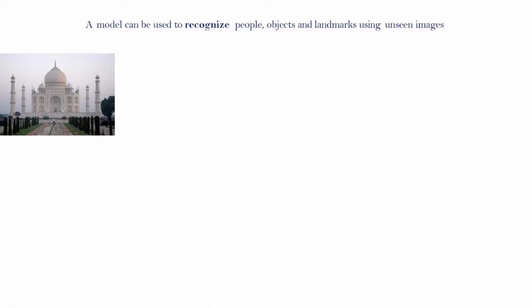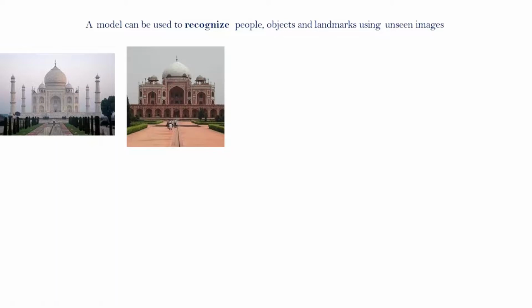So even if it looks simple, I'll give another example. Now you have two images. What is the second image? I know it is easy, but what is it? A colored Taj Mahal? No, it's not a colored Taj Mahal. It's another monument, and both are UNESCO World Heritage Sites. This is Humayun's Tomb, which is supposed to be the inspiration for the Taj Mahal. It was built and completed long before the foundation of the Taj Mahal.